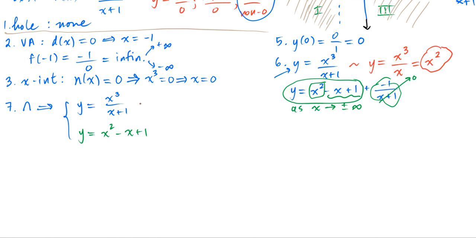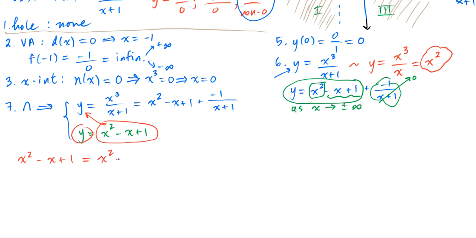Now I'm going to take advantage of the proper fraction form that we expressed the original function in order to solve for any intersection points, because when we solve for an intersection point, while a lot of people say set them equal to each other, what we're really doing is eliminating or substituting. So I'm going to substitute x squared minus x plus 1 from the green equation 2 into y from the blue equation 1. And writing the proper fraction version of this function, the blue function, we can simplify much more